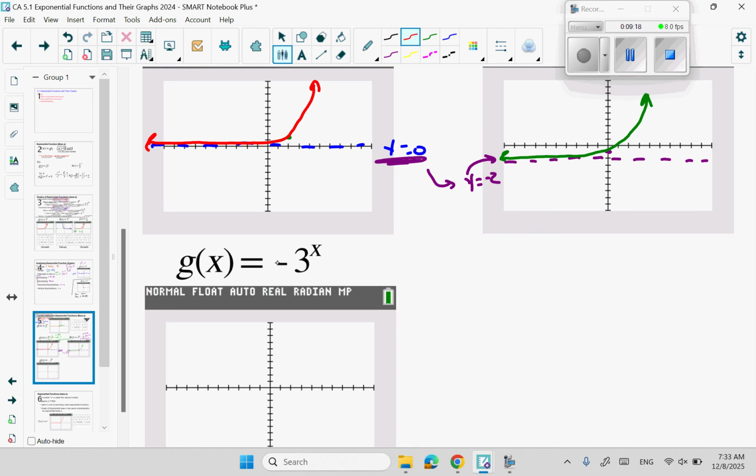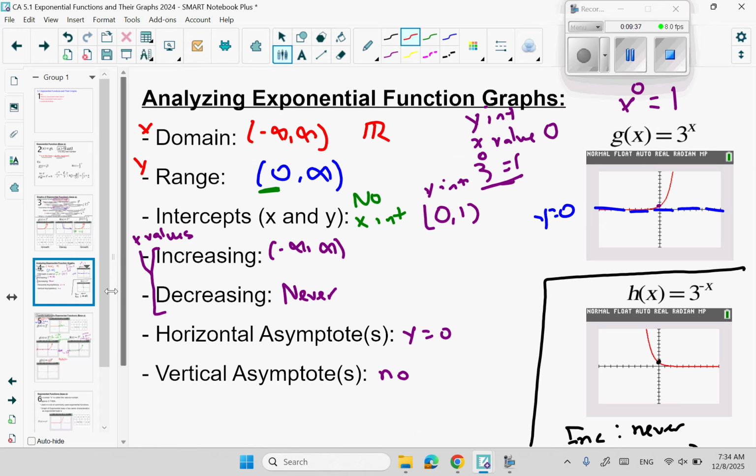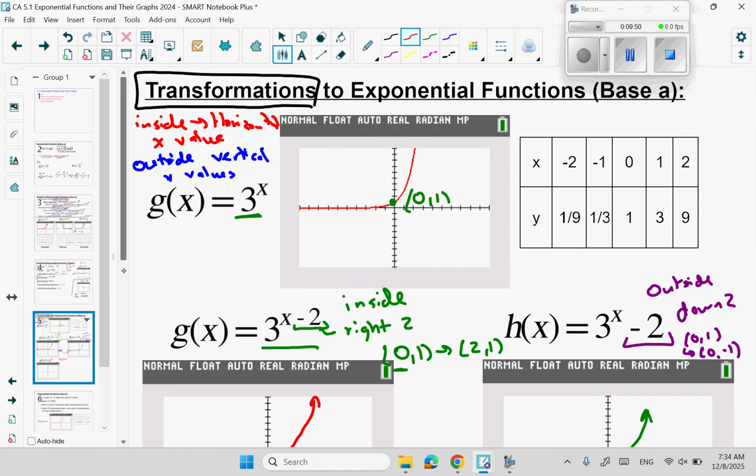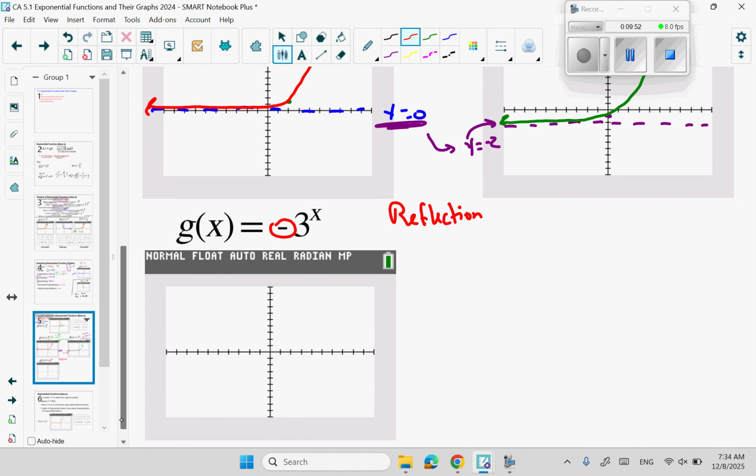Here, I have what I was talking about earlier. I have this negative out front. So whenever you're multiplying by a negative, that is always a reflection. Now, this negative is outside of the exponent. What I mean by that is if I look back a slide, here this negative was on the inside of the exponent. So what it did, if you look at these graphs, is it reflected this original right here across the y-axis. So here, multiplying on the outside, again, is vertical, so it's going to be a reflection across the